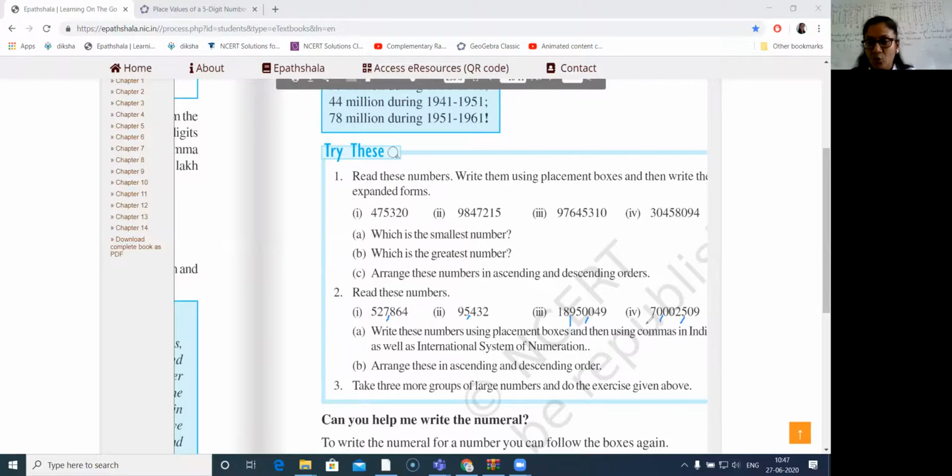You can play the video and write it down on your own in your classwork. That's why I'm giving you the video so that you can see it any number of times you want to repeat it and see it, you can do it. So the next one, arrange them in the ascending and descending.